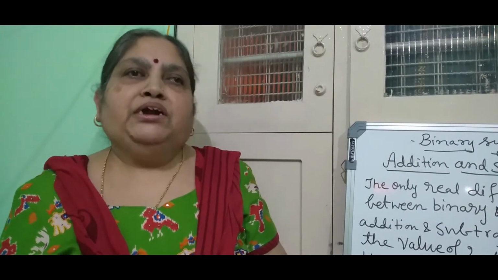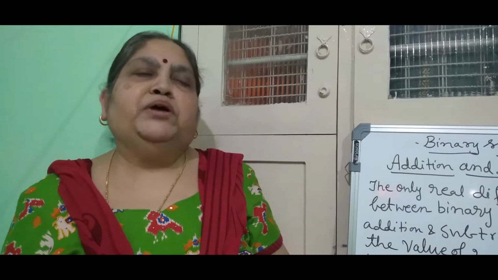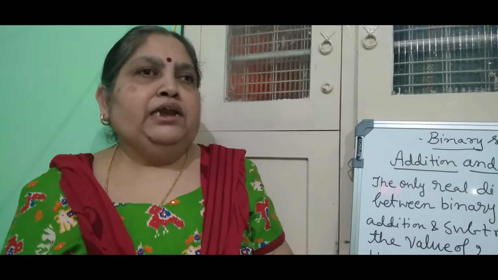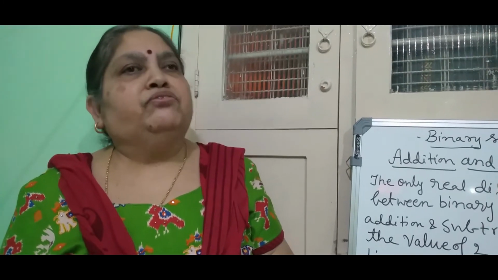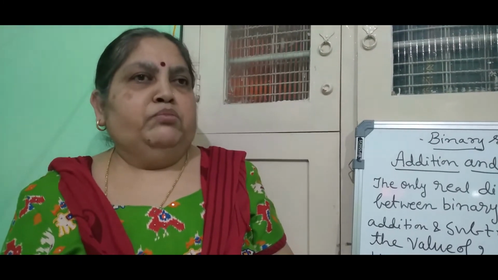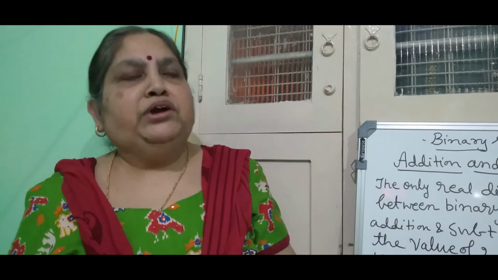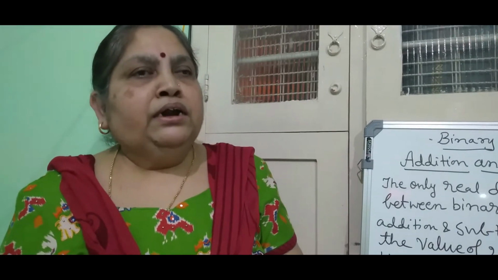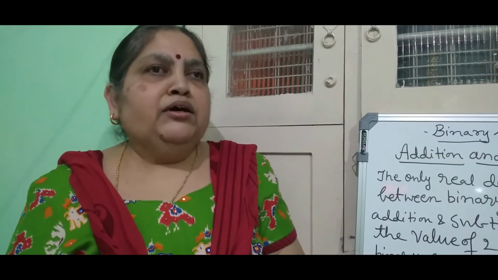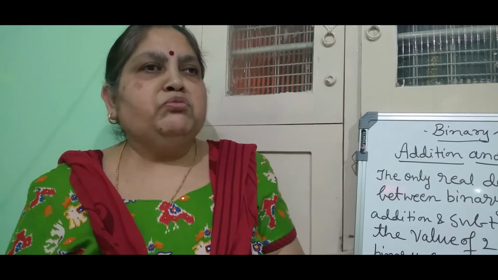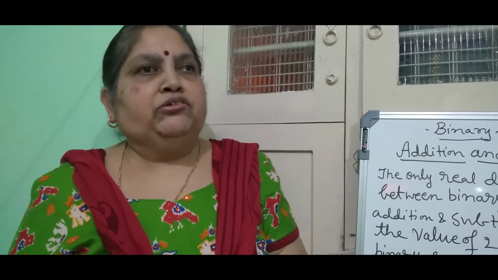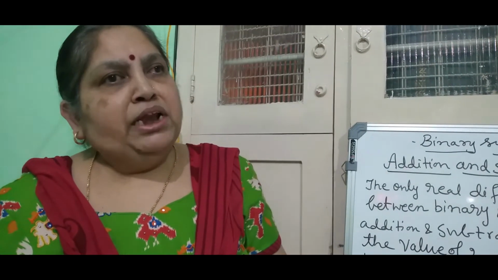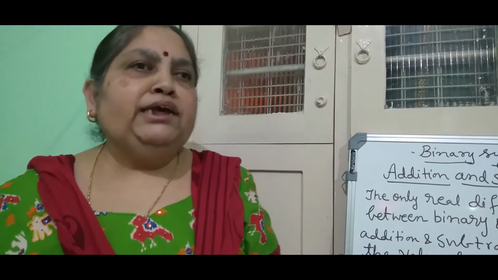In our previous unit, I told you about binary numbers and how to convert a binary number to a decimal number and also a decimal number to a binary number. Now, in this unit, let me tell you about the addition and subtraction of binary numbers. In binary numbers we only consider the two digits, 0 and 1. Here we can go on adding binary numbers just like in the decimal system. Both addition and subtraction can be done just like in the decimal system, but here we use only the two digits